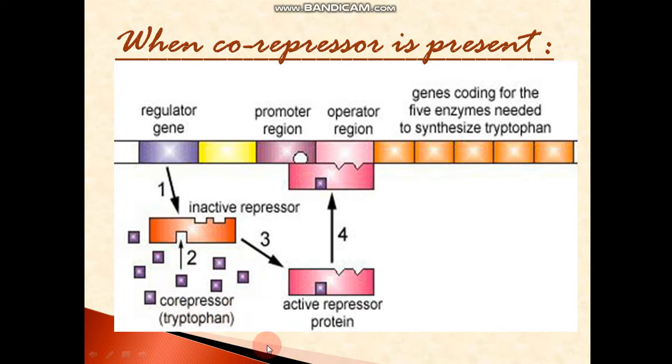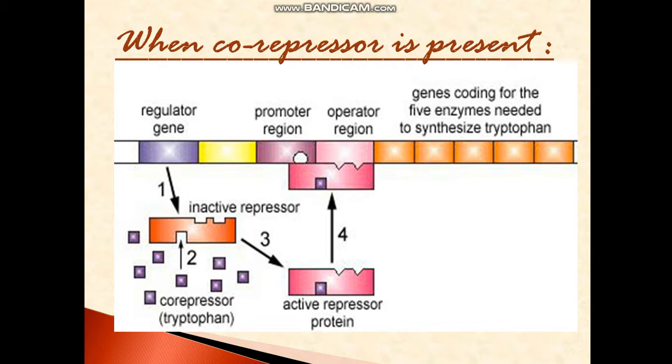So see, this is a very good method inside the cell. Why? Because when we have an excess of something, why synthesize more of it? You understand? So when a certain amount of tryptophan is already present, the system should automatically be switched off. And who is activating the system to be switched off? It is the metabolite itself. It is the tryptophan itself.